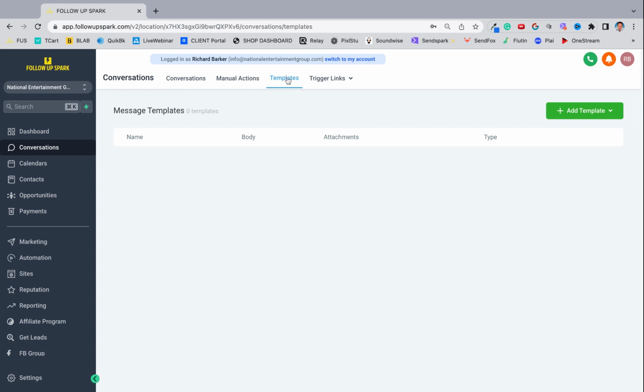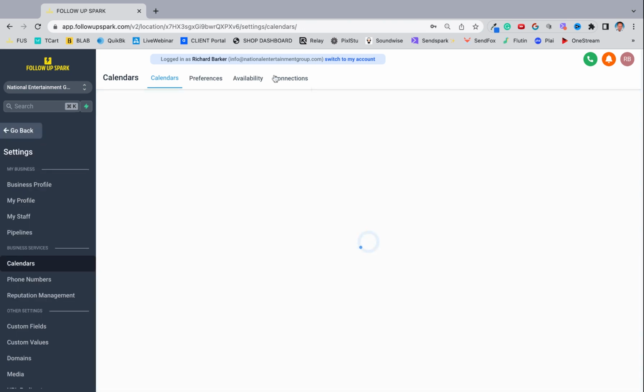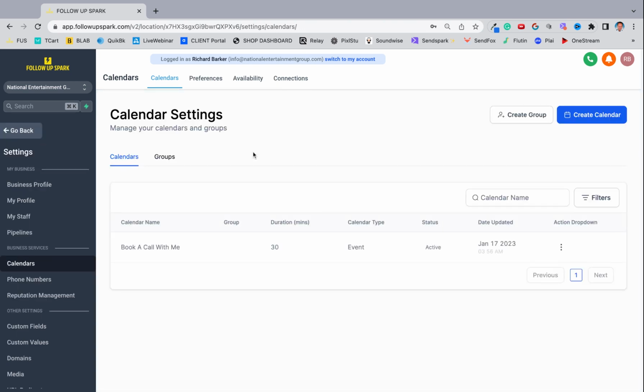These templates are for your conversations, so you don't have to keep sending the same email or typing it and writing it out. You can actually just use a template when you come to formulate an email or a text. Okay. Calendar, you're going to want to go through the settings, and you're going to want to make sure that